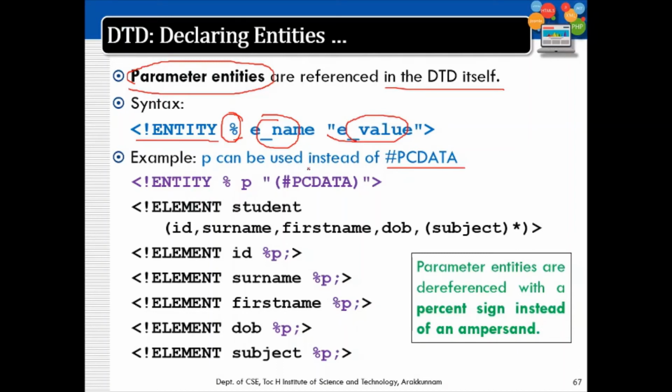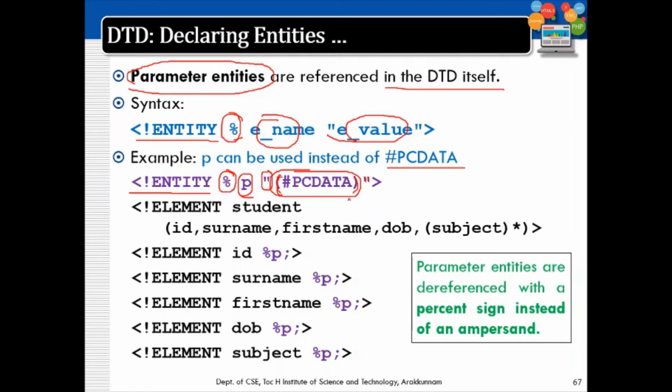This can be made into a shorthand like this: ENTITY percentage P. So instead of PCDATA, I am going to use just the letter P. And within quotes, I am using this full term including brackets: bracket hash PCDATA. This entire thing I am going to make a shorthand, because this is the entire thing I am going to replace.